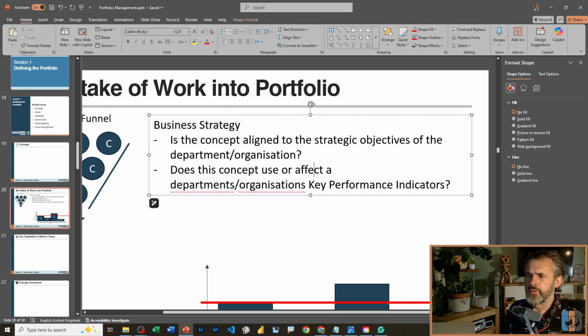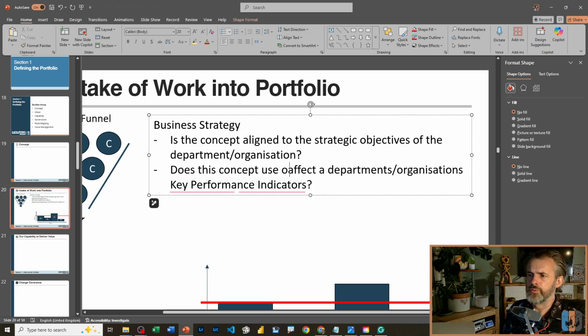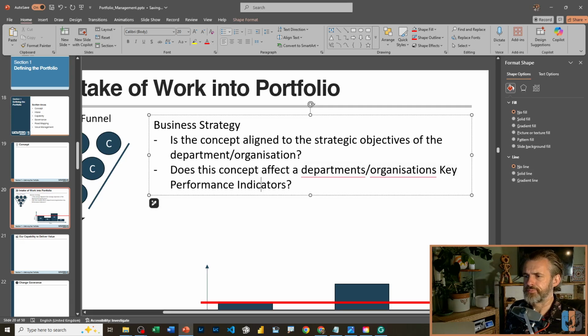So I want to say affect. Does this concept affect a department / organization's key performance indicator? If the answer is yes,